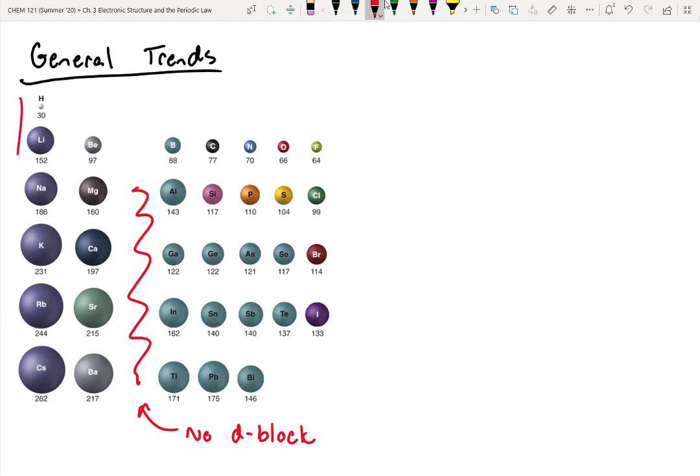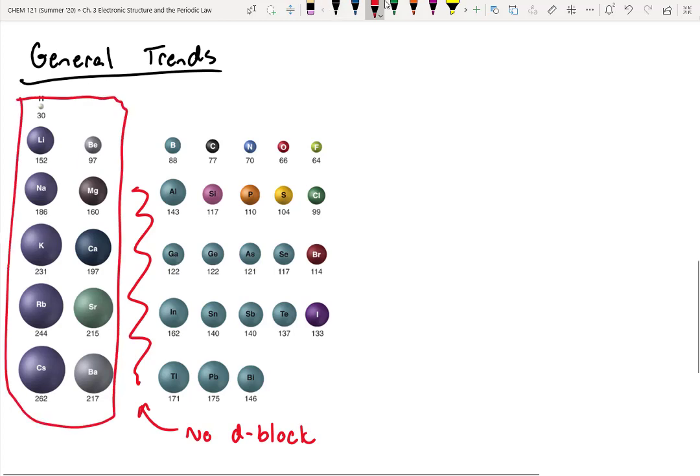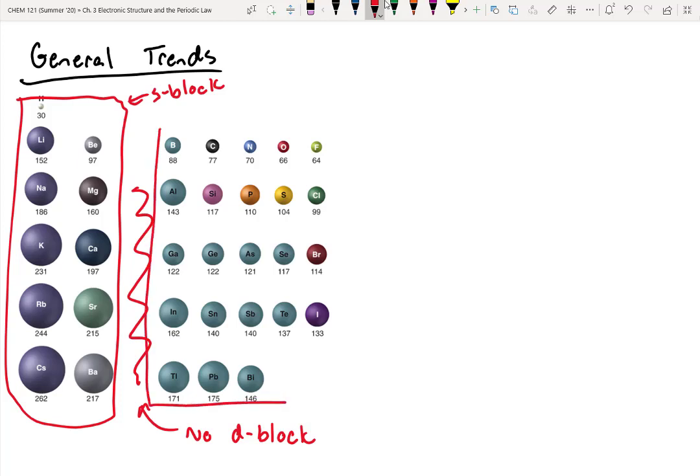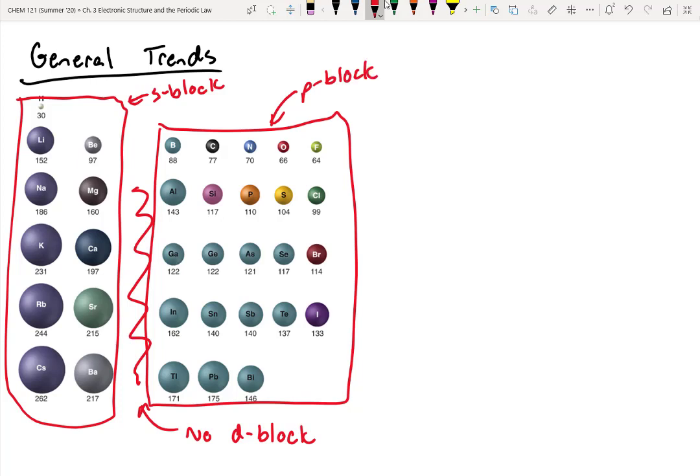So over on this side right here, this is going to be my S block. Let me put my dash in there. And over on this side, I'm going to have my P block. All right, so they've just chopped out that middle part of the periodic table, and they've altogether omitted the F block. But the S block and P block, if we look at it, we can notice some unique